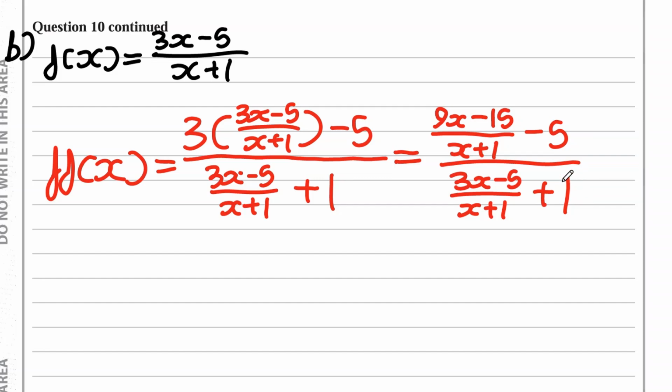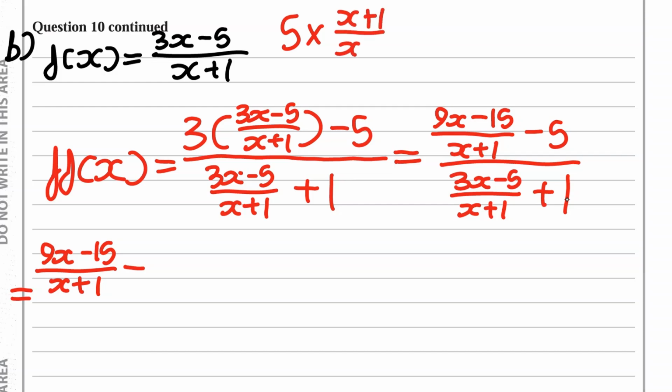So for 5 and 1 here, we need to make the denominators x plus 1. So this is equal to 9x minus 15 over x plus 1, and then this is minus 5, but this 5 here, we're going to multiply by x plus 1 over x plus 1, so this will become 5 times x plus 1 over x plus 1 like this here. And now we can combine these fractions because both of the denominators are x plus 1, and then this is over